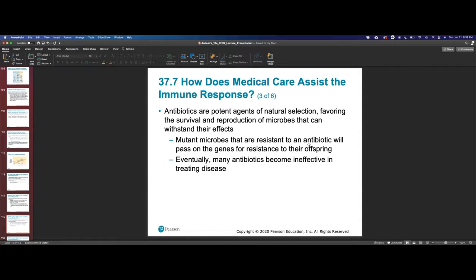In any population, by chance, you'll probably have microbes that are naturally resistant, but they have to compete for resources with the ones that aren't naturally resistant to an antibiotic. And as long as you aren't taking that antibiotic, then there isn't any preference between those two variants, and they both have to equally compete against each other. However, if you take an antibiotic and you don't take it long enough, you've killed off the competition for the drug resistant version, and it can grow unchecked then.